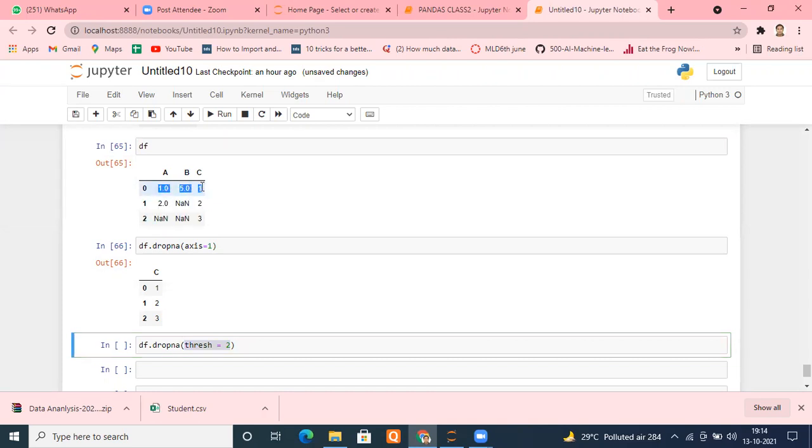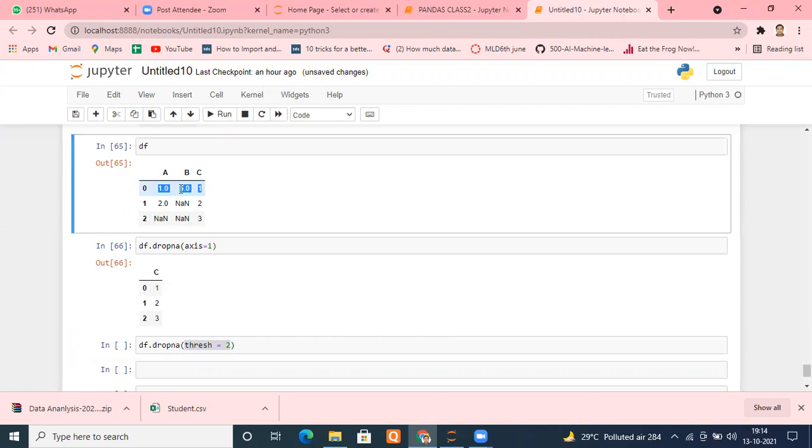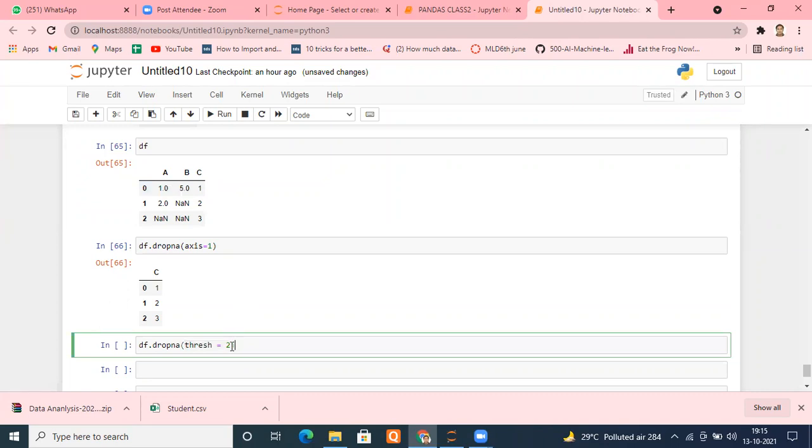If I don't want this row to be dropped, ensure that there are at least 2 non-NaN values in this row. Is it clear what I'm saying? If you don't want to drop any row, ensure that there are minimum 2 non-NaN values, means 2 non-missing values. So can you tell me, in the first row, is there any NaN? No, sir. Okay, so this condition is satisfied or not? Thresh equal to 2.